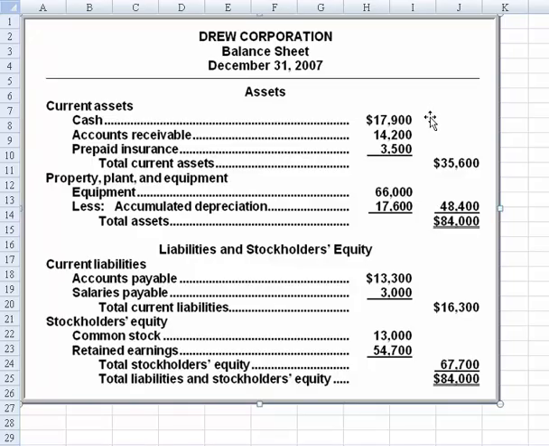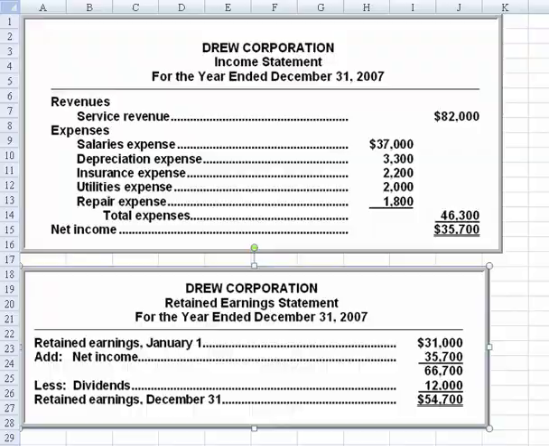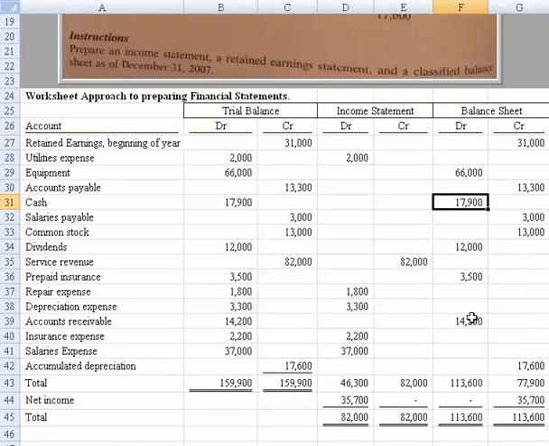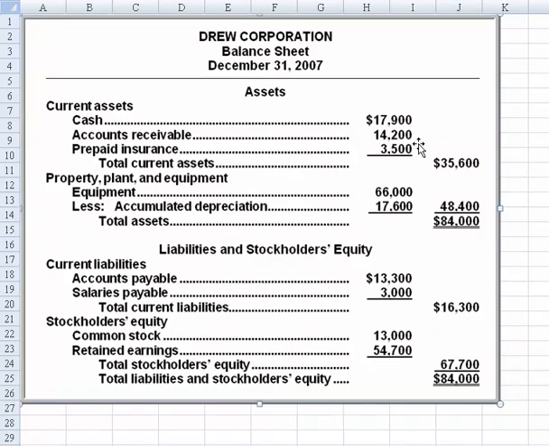Okay, there's cash 17.9. Let me step back. There's our cash amount 17.9. And we can simply go through these and find everything else. Accounts receivable 14.2 is probably next. We have 14.2 in prepaid insurance. Now, this time it's coincidence that these numbers are in decreasing value. Normally, the current assets are listed in order of liquidity. So the item cash appears first, and then the items that are most